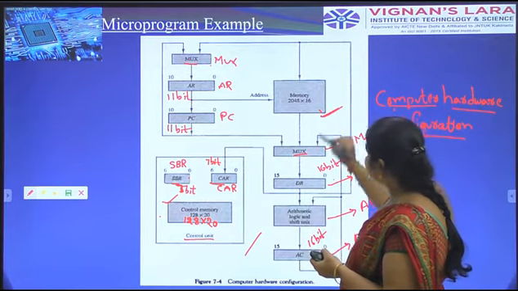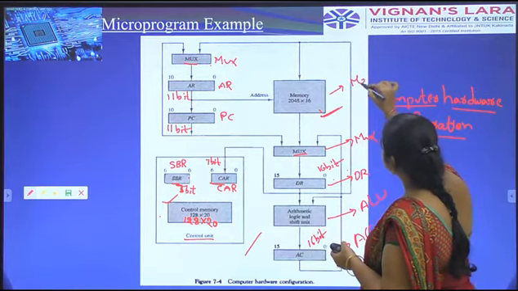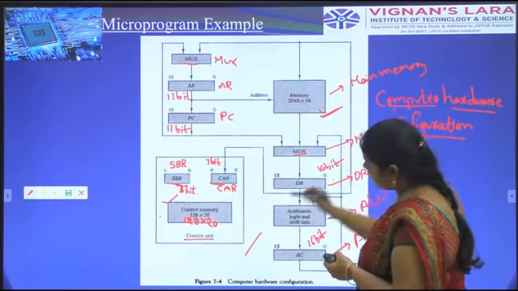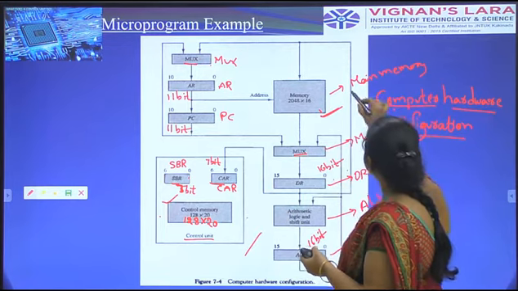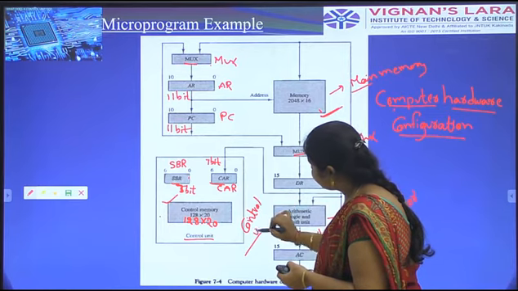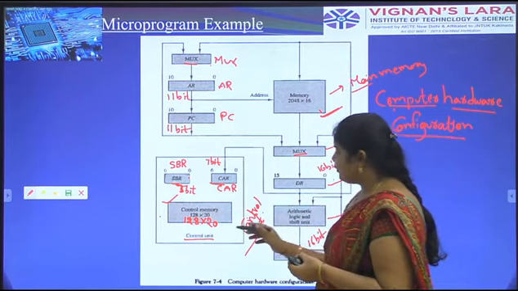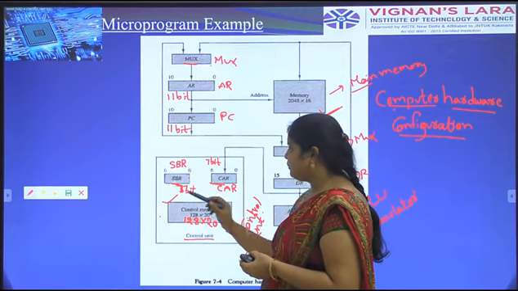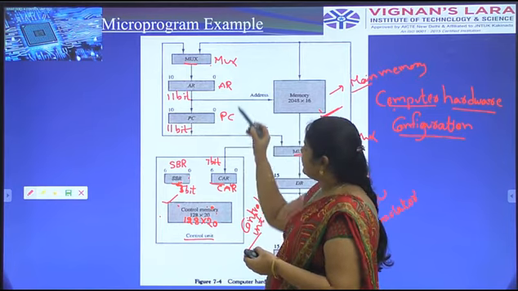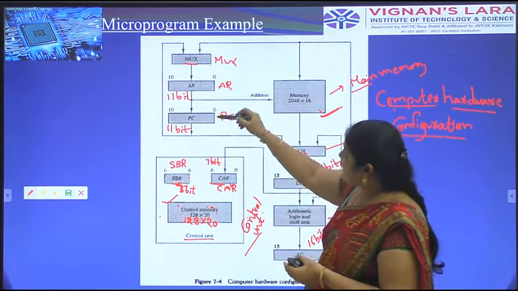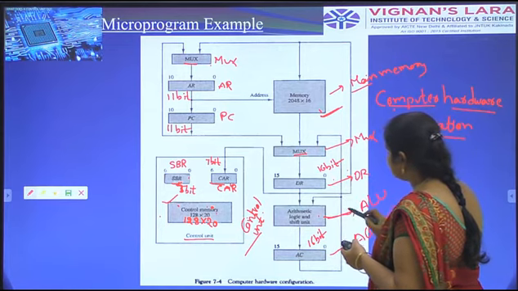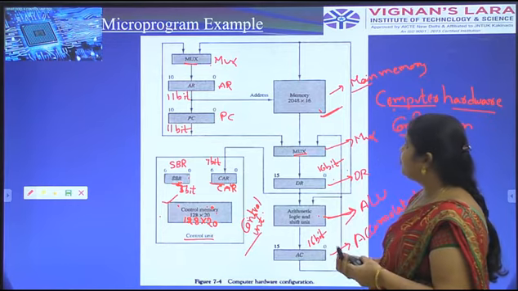This is the main memory, and the second one is the control unit. So, memory unit and control unit. The control unit consists of control memory, subroutine register and control address register. Here we use the multiplexer with 2 registers. This is the arithmetic and logical shift unit, data register and accumulator register.